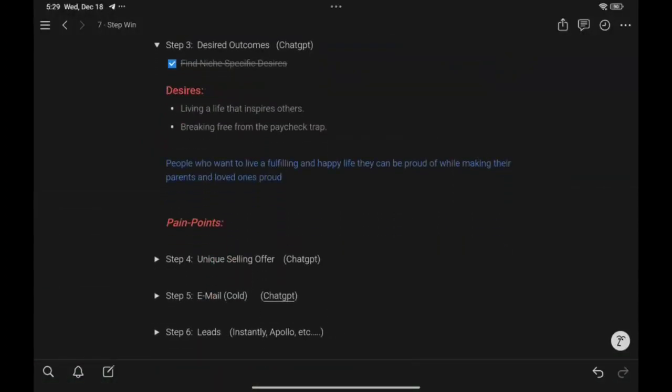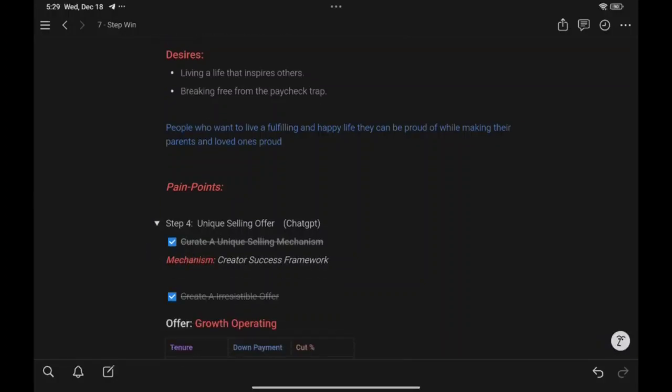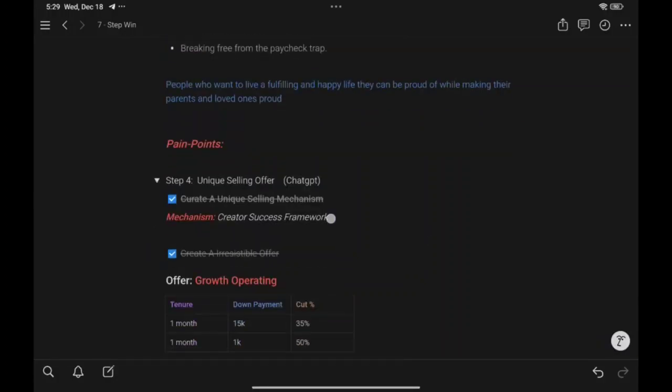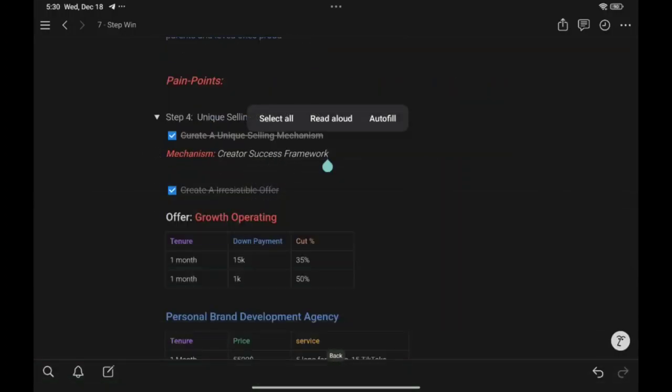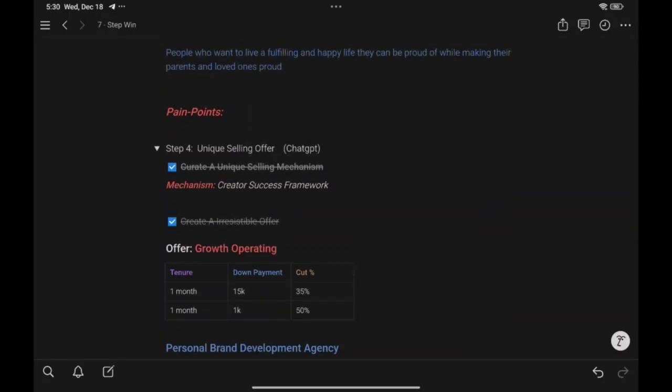So, here's step four. You have to create a unique selling offer, a mechanism, and an irresistible offer, a really good one. So, here's one example of a mechanism. I went with a creator framework, success framework.